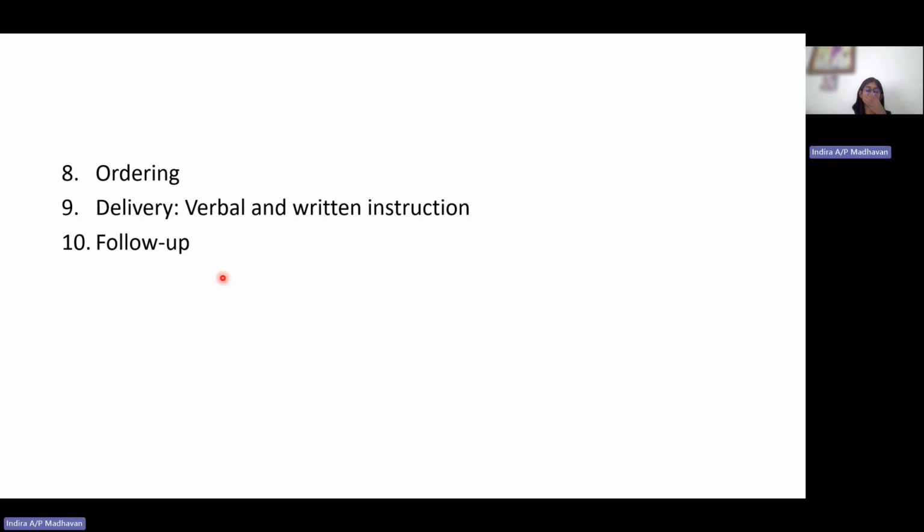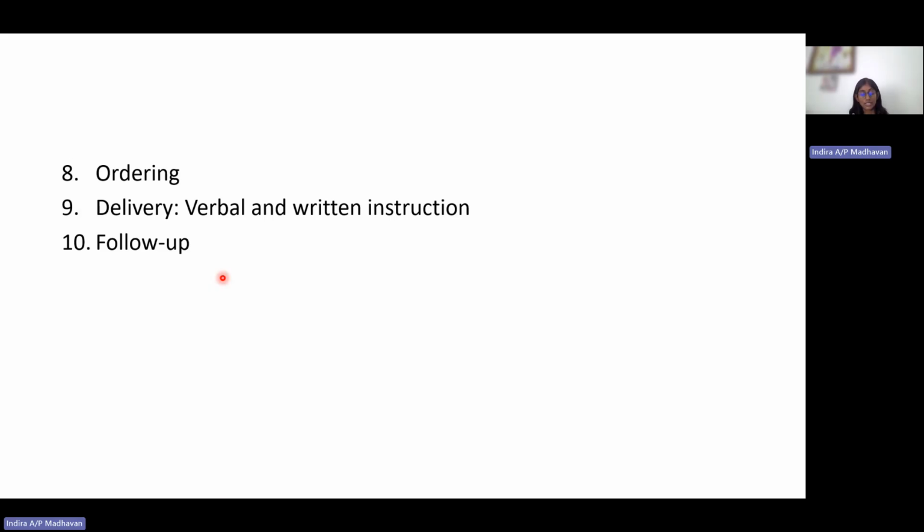Once the patient is happy, if after the patient comes back in 1 week the patient is happy, then you can go to step number 8. If the patient comes back and is not happy, then you send them back, by teaching a new technique or modifying it, let them get used to it and then come back. Once decided that they're going to prescribe this, then you do the ordering. Order from the supplier, and once it's there, then you make an appointment for the patient to come